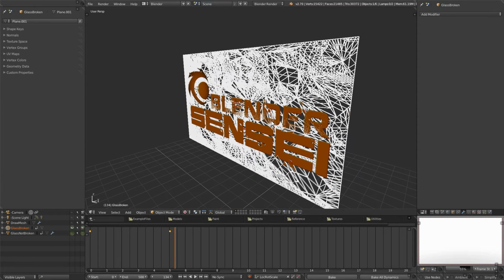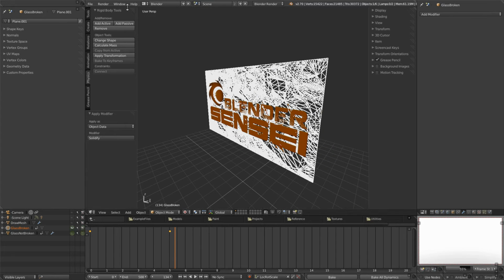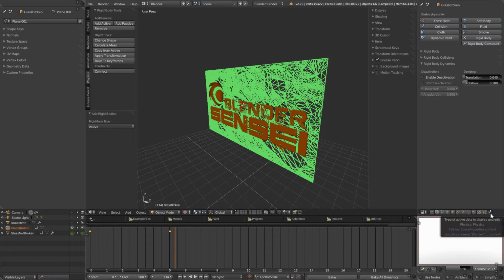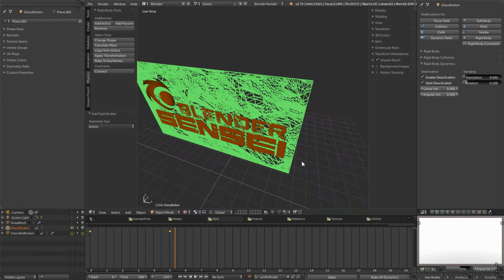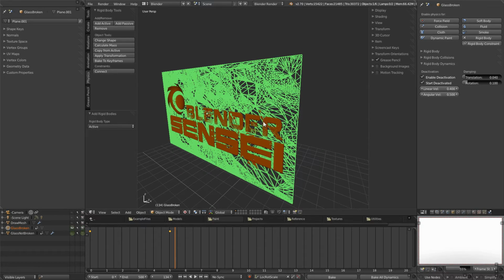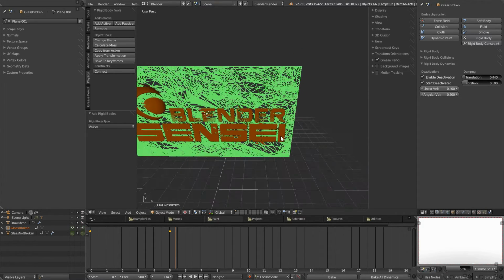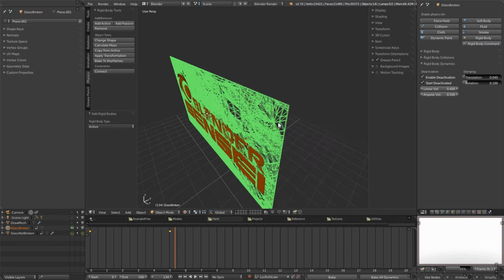Then I want to hit T to bring up my tools, and under the Physics tab we can select Add Active, and then we want to select the Physics tab of our properties here, and under Rigid Body Dynamics make sure Enable Deactivation and Start Deactivated are both checkmarked. What this will do is, because our animation goes on for 5 seconds before anything is getting broken, we don't want Blender to be thinking about any of the physics of any of these pieces